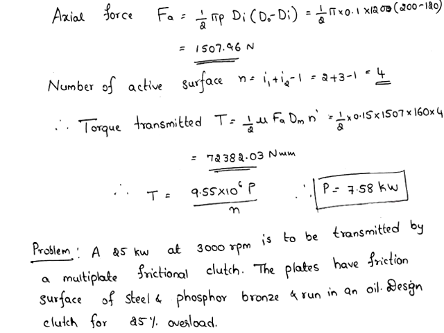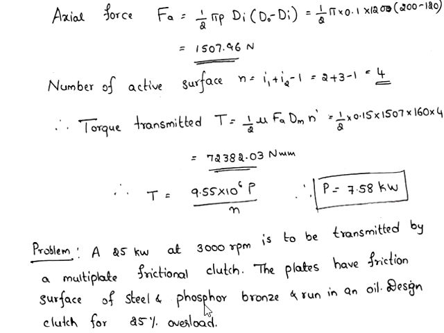In this question, none of the diameter values are given. So whenever the diameter is not given, first you have to find the diameter of the shaft using the torsion equation, Tau by J is equal to T by R. A similar problem we have solved in single plate clutches. You can go through that problem. A similar procedure you have to follow here. And here different properties like pressure and coefficient of friction are given. Those 2 values you can get from table number 13.4. Here the material combination is given, steel and phosphor bronze. So for this material you can get a mu value and a P value from table number 13.4.